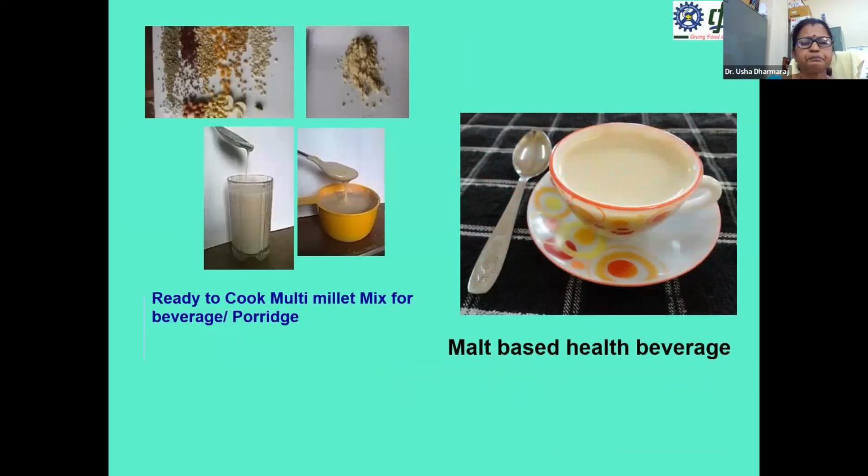And we have a drink mix from millets. Again, it is multi-millet. It contains sorghum, bajra, and finger millet, and all other nuts and condiments. So that is already available in the market, which can be cooked for 3 to 4 minutes and consumed. It is like a porridge or a drink mix. So if you see the one in the cup, that is a